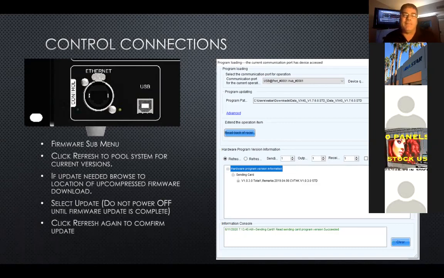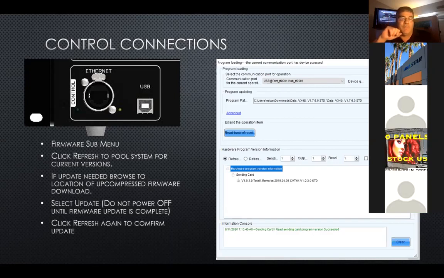Just type in ADMIN. Now you notice in the bottom right-hand corner the word refresh. As soon as you launch up, it won't list anything until you hit that refresh. When you hit that refresh, it's going to go out and poll the network, and when it sees everything, that's when it's going to list what it has. And you see here our CVT is showing up as a sending card because it doesn't necessarily know how to classify it. You then hit browse to send it to the path where you've downloaded the new version, and then